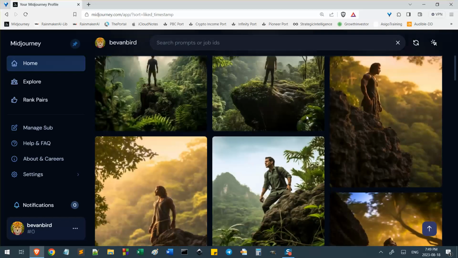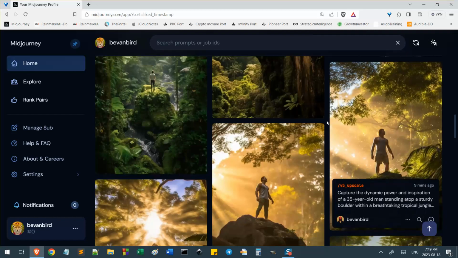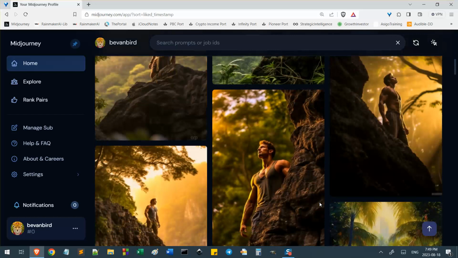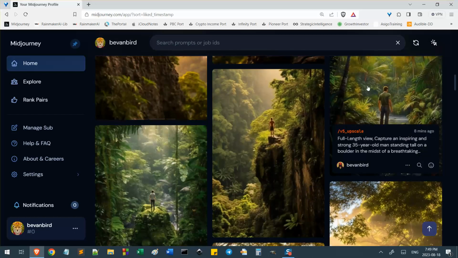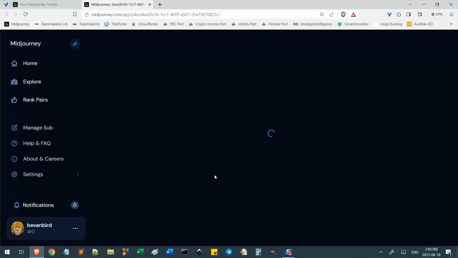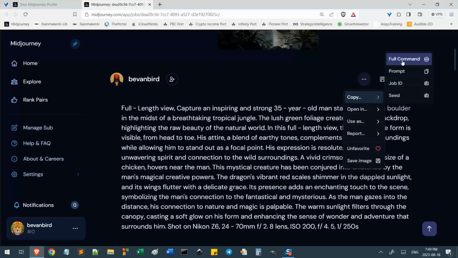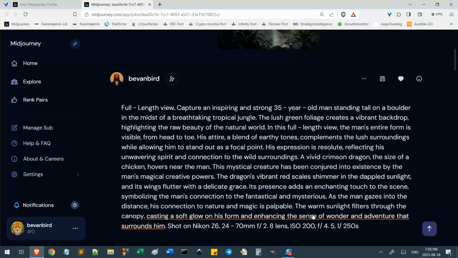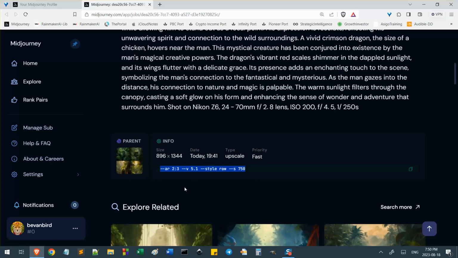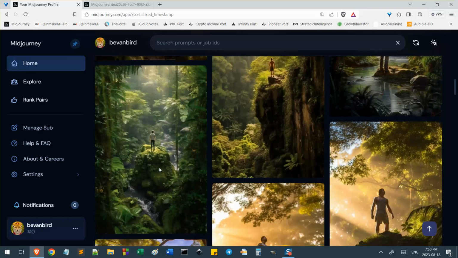So I'll be able to easily show them to my group and be interactive with it instead of having to download images, put them into a PowerPoint and stuff like that. I can show it right here. We can click on any one of them, right? I'll hold down Control and click this, for example, and then you'll be able to see all the info about it. Like, click that and go copy full command, and we've got all of this prompt and the parameters down there, and any image prompts that were included. In this case, none. Okay, so we'll have all that, which we can use.